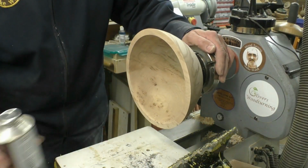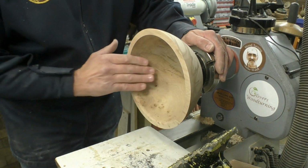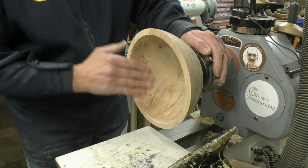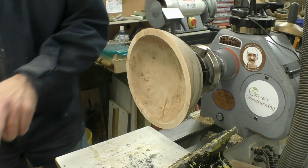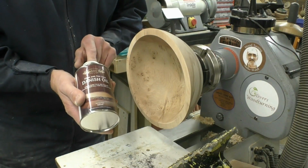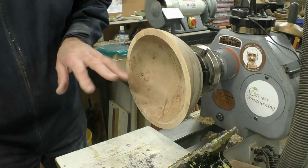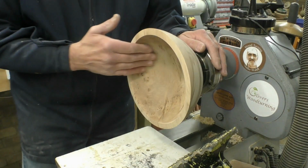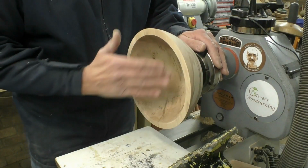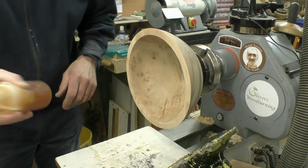Okay, so I have sanded the inside and the rim obviously to 600 now, and it's got a really nice finish. So I am now going to put on 2 coats of Food and Toy Safe Danish oil from Hampshire Sheen, allowing about, as I said before, half an hour between each one. Now I won't bore you with that process, but I will bore you with just putting the first application on,